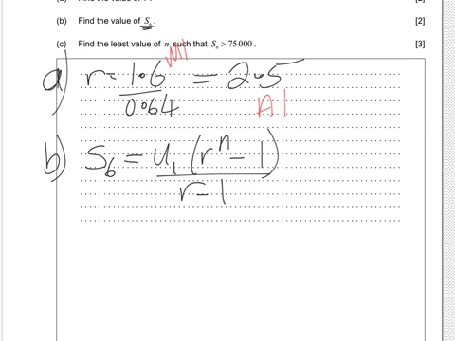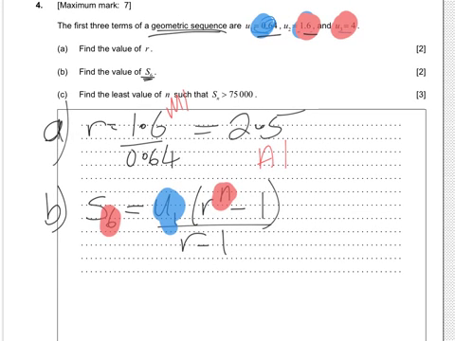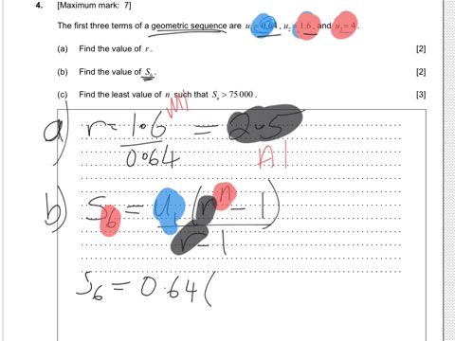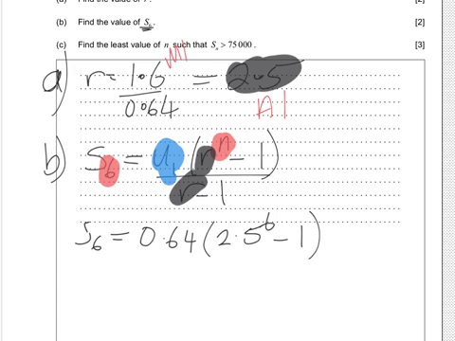And we know all the variables we need in order to be able to evaluate that. We know n is 6. We know u1, just scrolled away from it, but we know u1 is 0.64. And we've just worked out r is 2.5. So it's just a case of rewriting that. S6 is equal to 0.64 times 2.5 to the 6 minus 1, all over 2.5 minus 1,